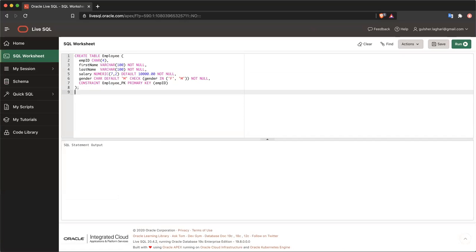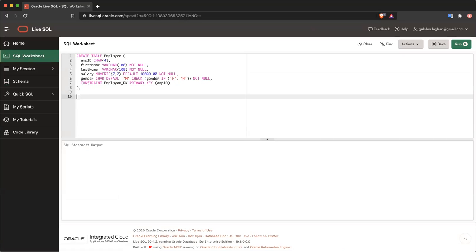So let's go to our worksheet example again. We can also see the table description. The DESCRIBE command, you can write in short as DESC, and the name of the table, like employee, and this will show the table details. We just select this command because we want to run this command. We already ran the previous command. When we run this command,